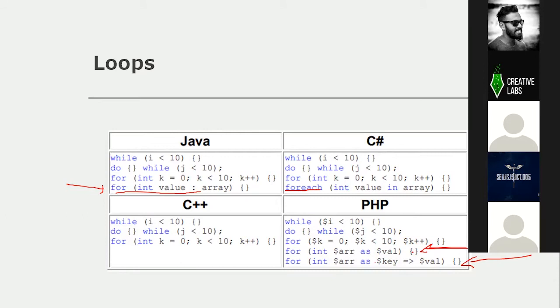So here, if you provide this thing as key or something like this, this key is the one, if you are traversing through an array, the array's key will be starting from 0 to the nth position. So this key variable will denote your array's key. So that is the difference between this for loop and this for loop. So in this for loop, you cannot get the key value actually, but you can get the values in an array, right? So that is the difference between those for each loops.